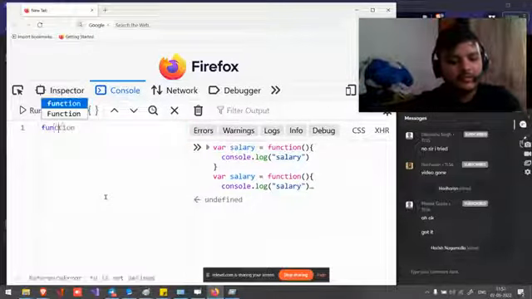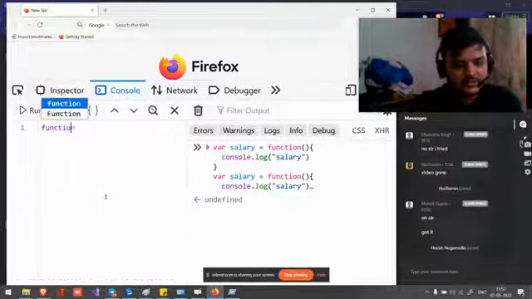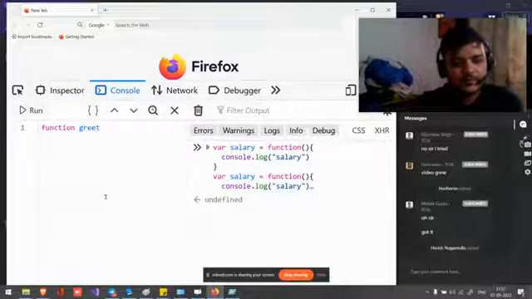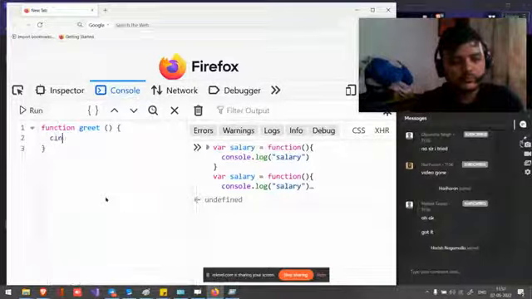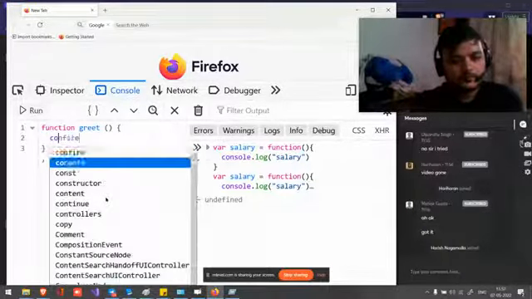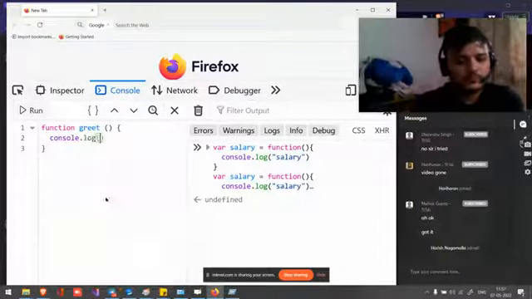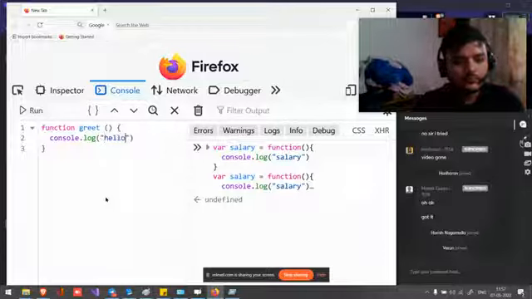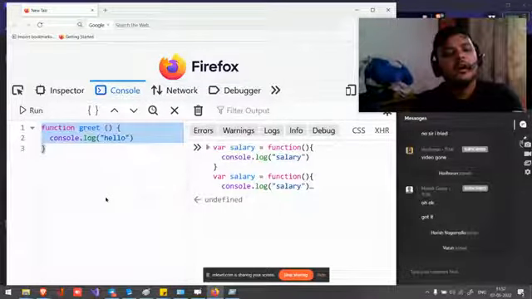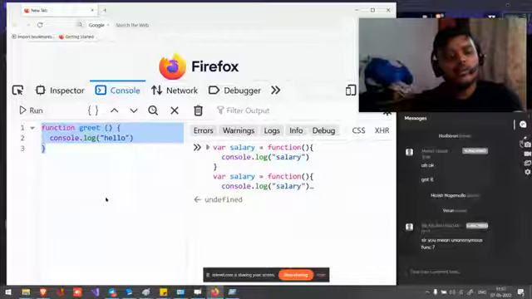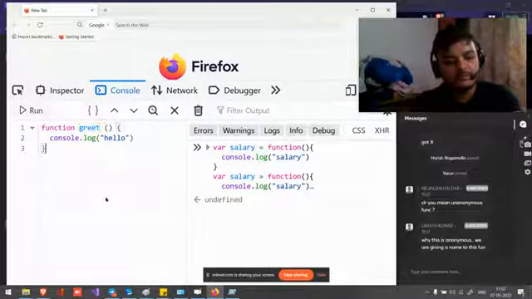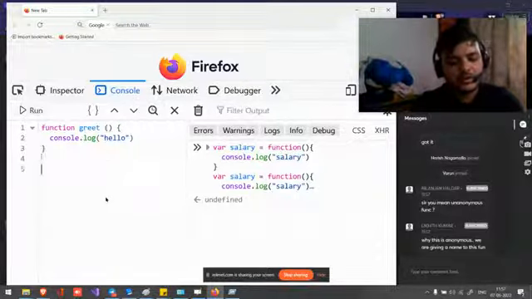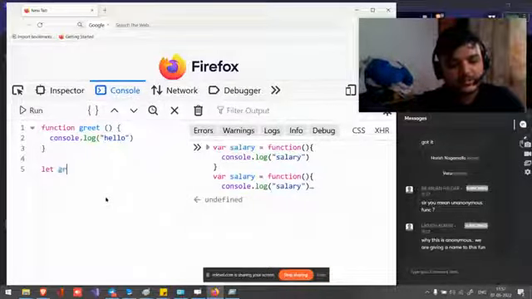Because in the conventional function, let's say this, it had a function name. This is a function name. The function has its name. But in our scenario, let's say function expressions,